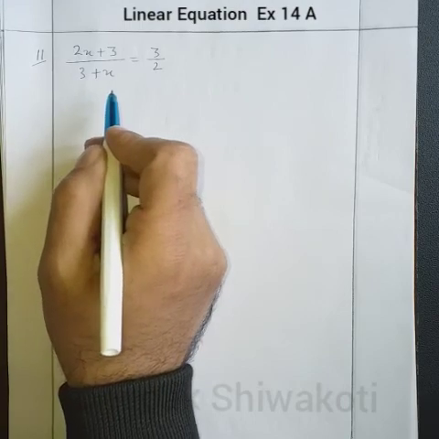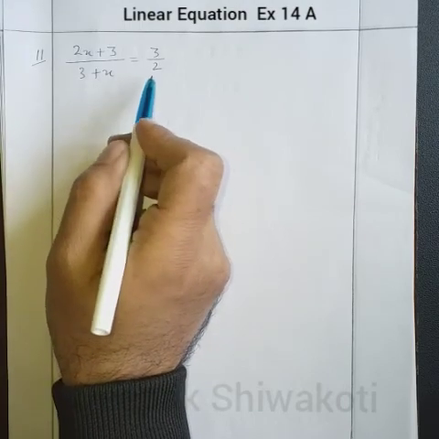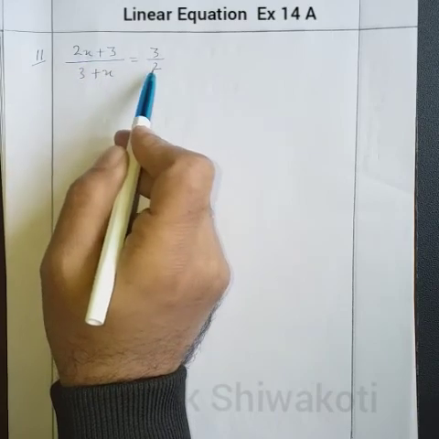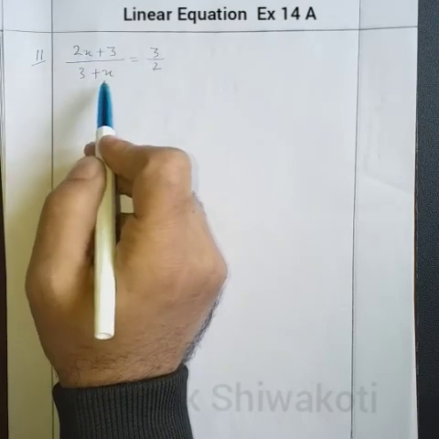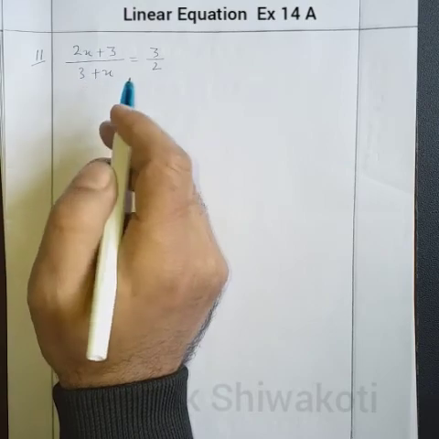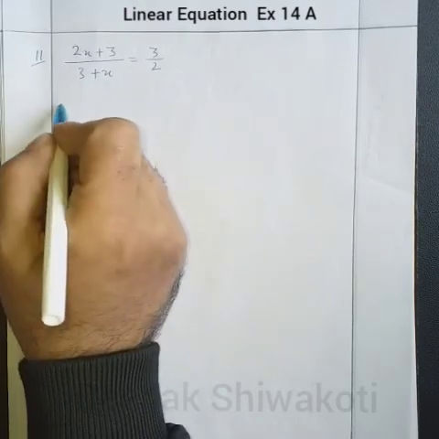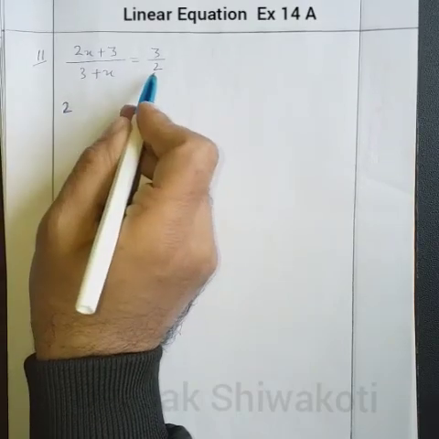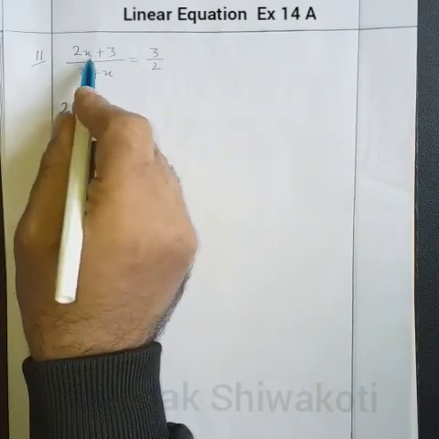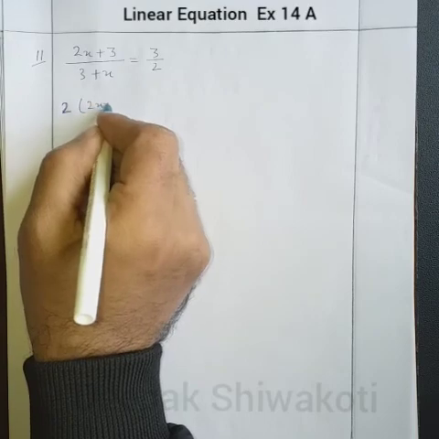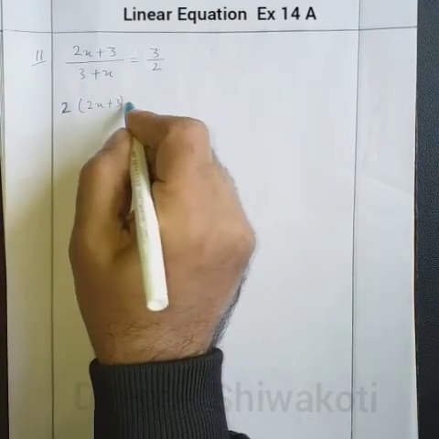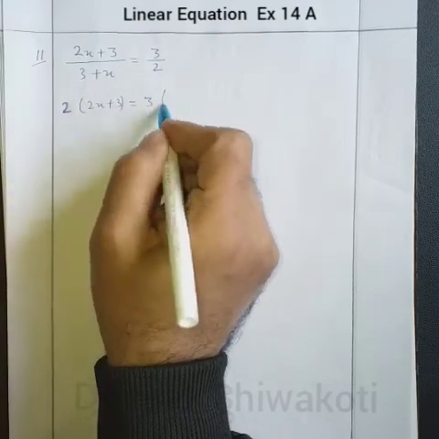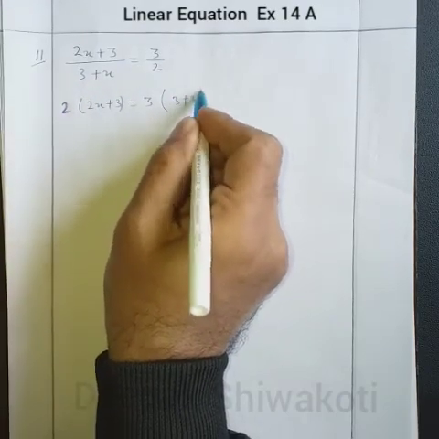So at first we'll do the cross multiplication, that is 2x plus 3 by 2 will multiply, and this 3 will be multiplied by 3 plus x. Okay, so here using the brackets, this 2 into 2x plus 3, and here this 3 into this 3 plus x. Okay,